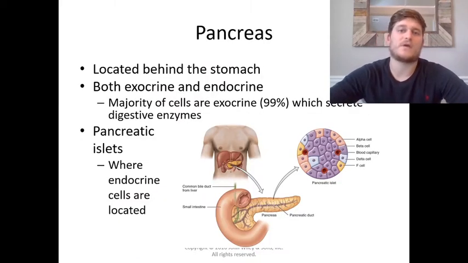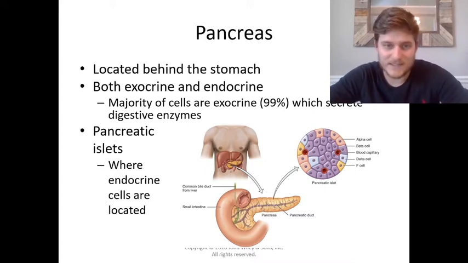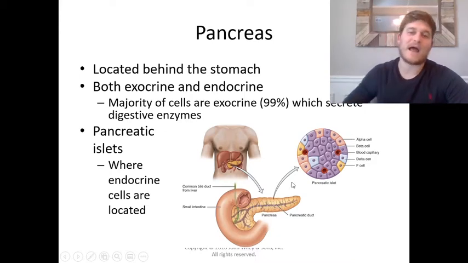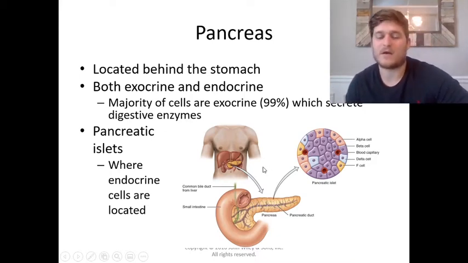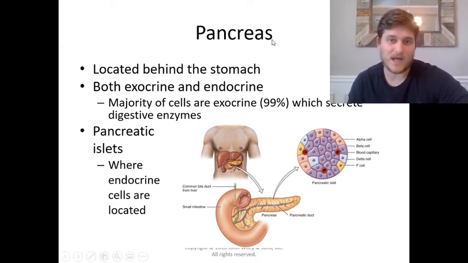Let's move on to another organ within the body called the pancreas, and a major role of the pancreas is going to be determining the levels of blood glucose within our bodies. And so you have these cells located within the pancreas, and the two major ones we're going to talk about are alpha and beta cells, and these are going to release hormones which regulate our glucose levels. But a lot of other digestive enzymes stem from the pancreas and are going to help in our overall metabolism.